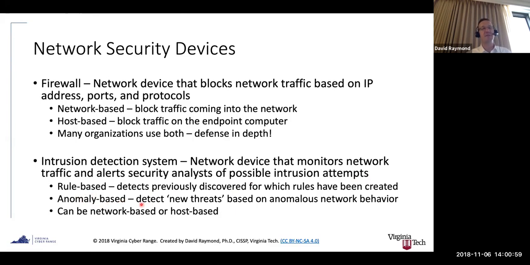And what this tries to do is identify what routine network traffic should look like, and then it flags what is called anomalous network behavior, and that anomalous network behavior is suspected malicious traffic, right? And I say suspected malicious because you can imagine that if you are trying to characterize normal behavior and then identify what's not normal, there's lots of potential for what we call false positives, or misidentifying non-malicious traffic as malicious traffic.